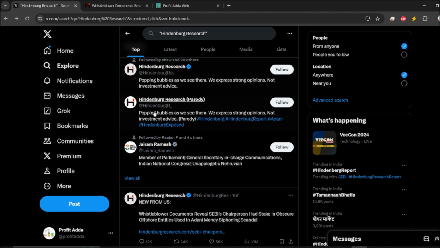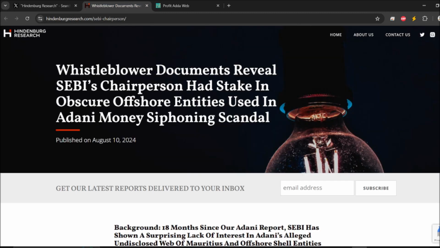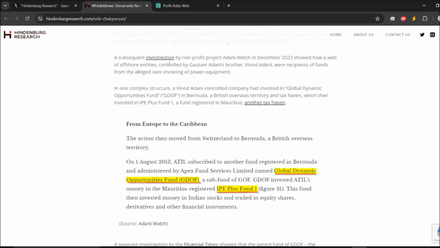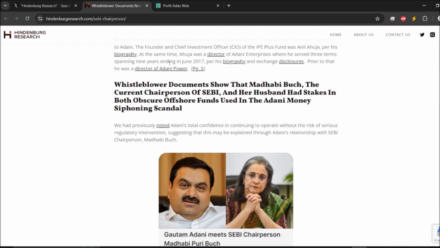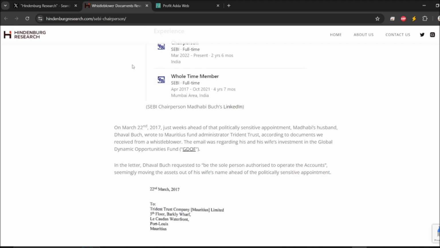If you visit their website, they have given this article. We'll do the post-mortem of this article. As of right now, I'll go step by step. I say that this type of news document will definitely have an impact and should be analyzed.